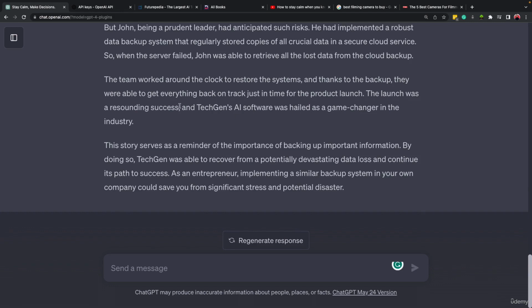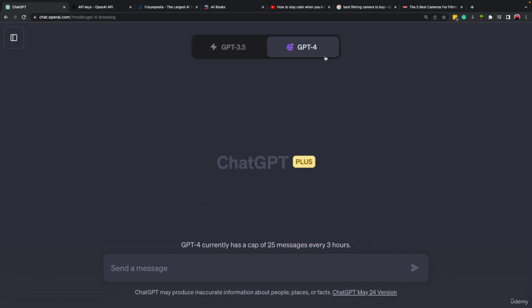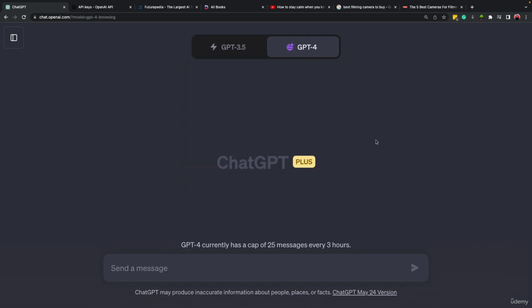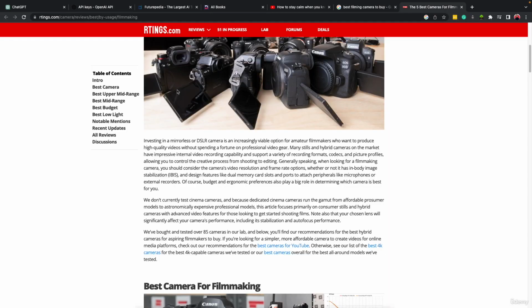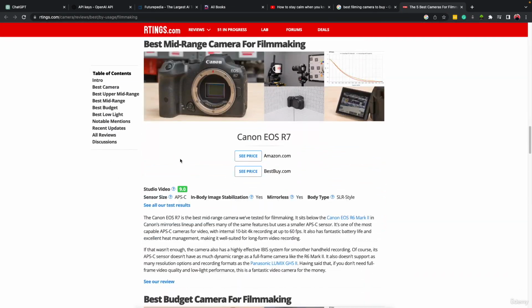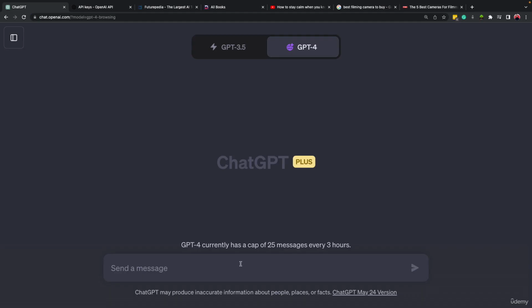So this was the first way to use ChatGPT to provide key points. Now, this was just about video. You can do it with blog posts or PDFs as well. For example, let's come to a new page. I'm on ChatGPT 4 with the browsing ability. And here I searched for best filming camera to buy, and I found a blog post that explains different cameras. And I can just copy this link and come here and mention,